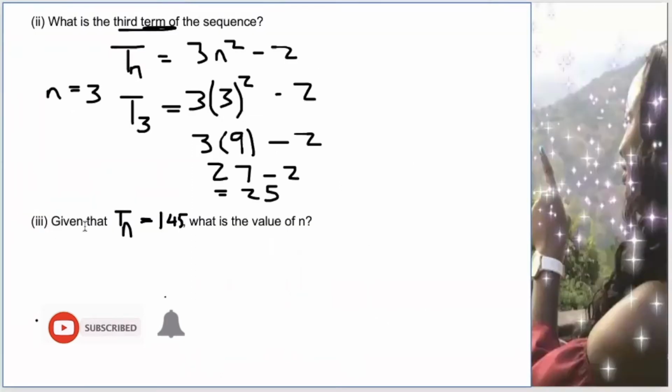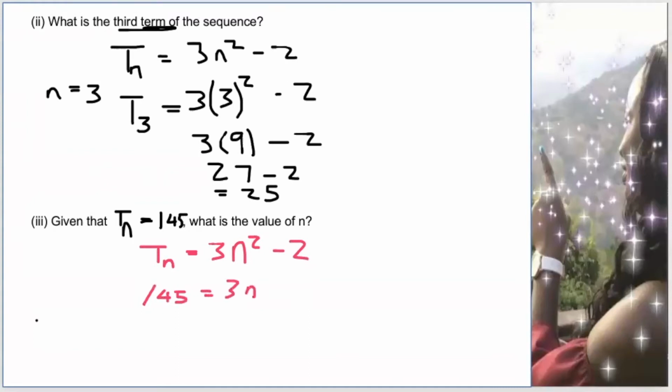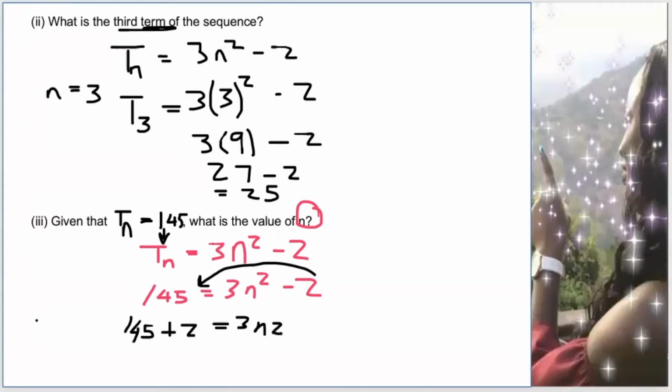The next question: given that Tn is equal to 145, what is the value of n? So the general nth formula is Tn equals 3n squared minus 2. I'm given Tn, so Tn is 145, so I have 145 equals 3n squared minus 2. The question is asking what is n, so I need to make n the subject. So I carry the 2 over the equal sign. So I have 145 plus 2 is equal to 3n squared. 145 plus 2, that is 147. So I have 147 is equal to